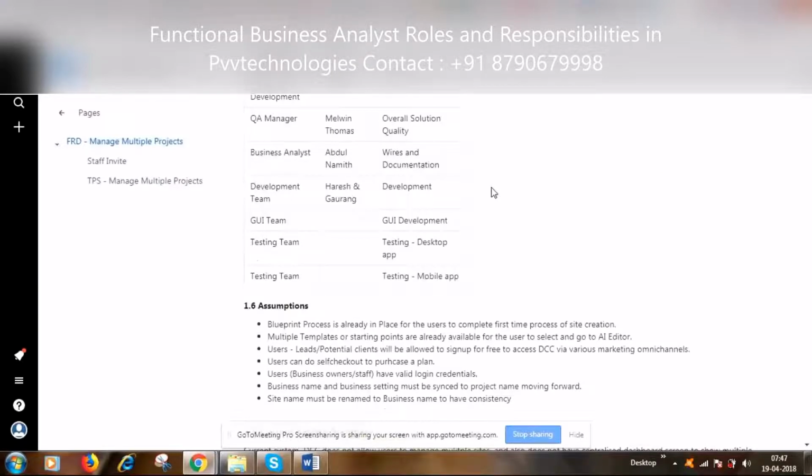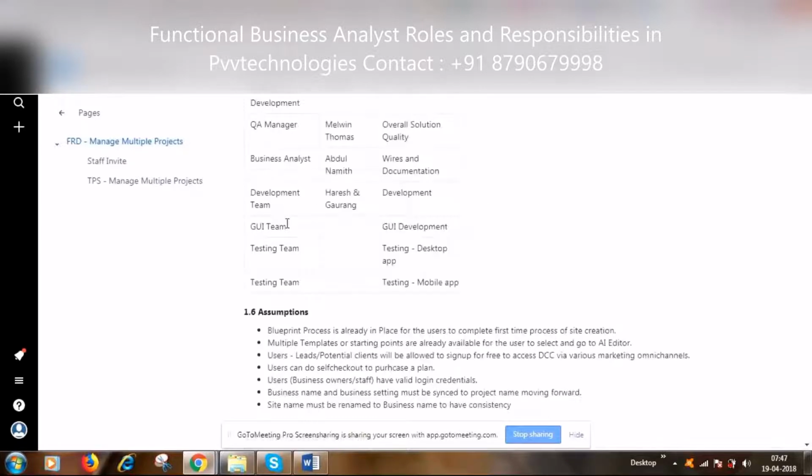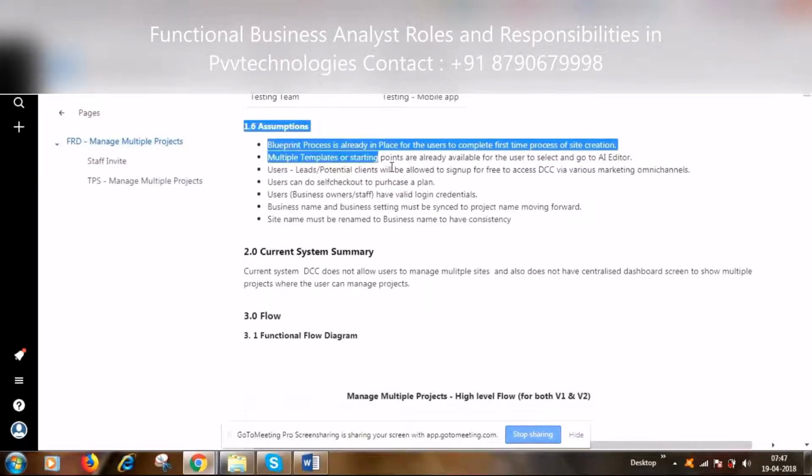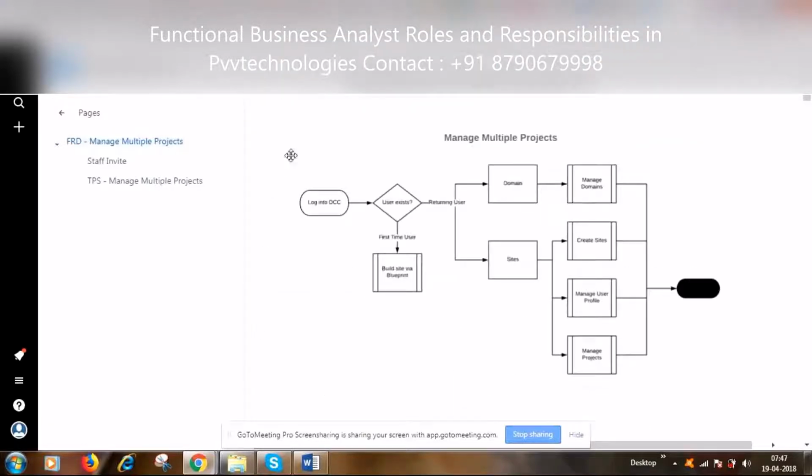We also discussed a Word document, right? During our second or third session, what are the items which have to go in a BRD: assumptions and constraints. Okay, so those items we are recording here. The current system summary we are recording here. Then I told you, right, you need to prepare a flow diagram. Depending upon the system complexity, you need to prepare a flow diagram. So that particular flow diagram we are going to prepare here, meaning paste it.